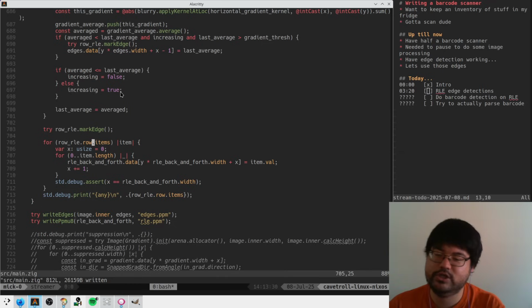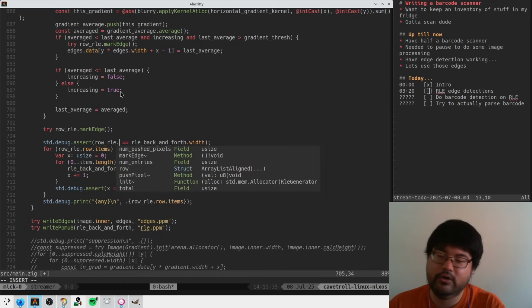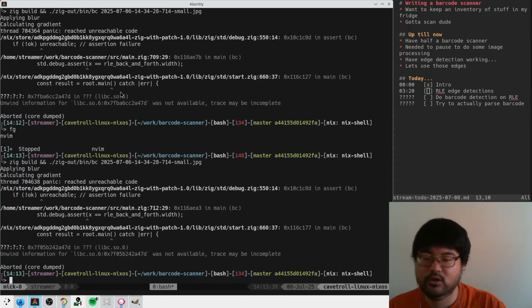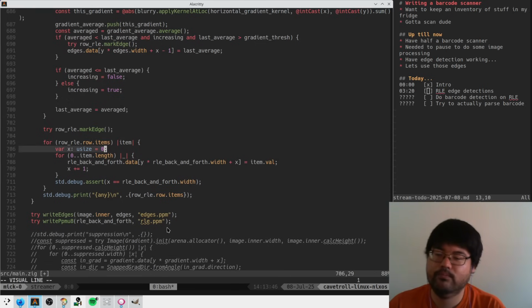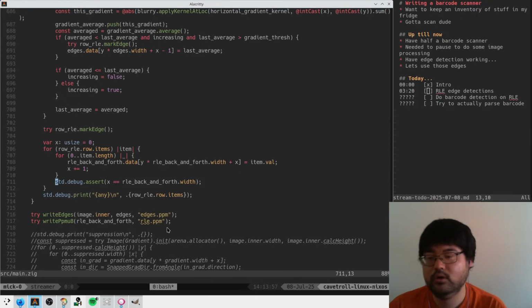Can we check row RLE num pushed pixels should be the width of the image? So that is true. This has to go outside the loop, that's why. Oopsies. Maybe not, actually. So here for each, oh no, yeah, for this row,